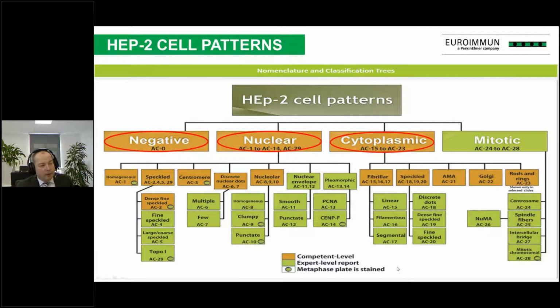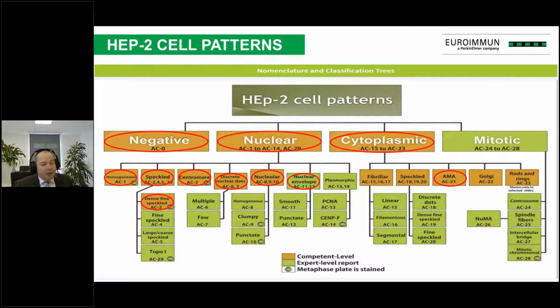And now in the red circles, you see the patterns that could be recognized by our systems. And you see it's all competent level for the ANA. It's also AMA and nuclear membrane, nuclear envelope. The story is like this. This ICAP tree and